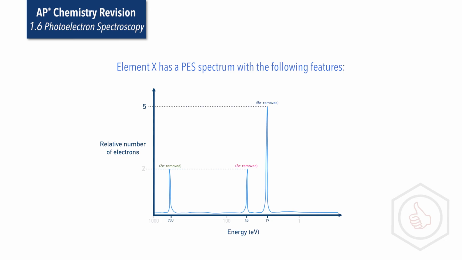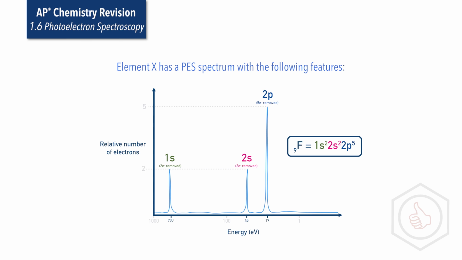Well, the first peak must be from 1s, the second peak must be from 2s, and the final peak must be from 2p, meaning 2 electrons in the 1s, 2 electrons in the 2s, and 5 electrons in the 2p. This would give 9 electrons in total, which would correspond to the atomic number of fluorine, meaning the unknown